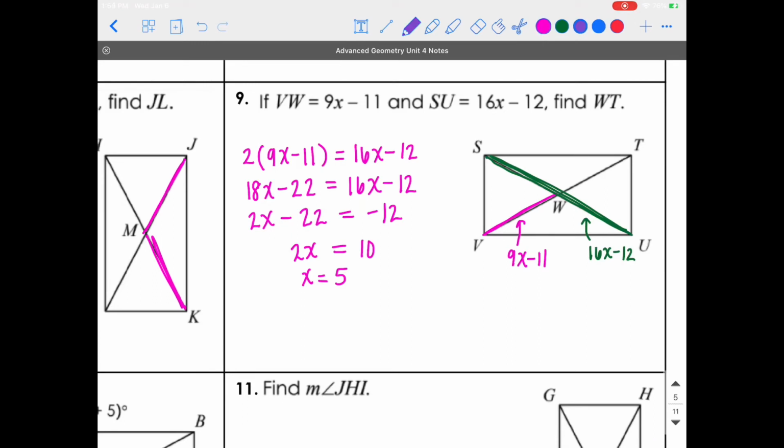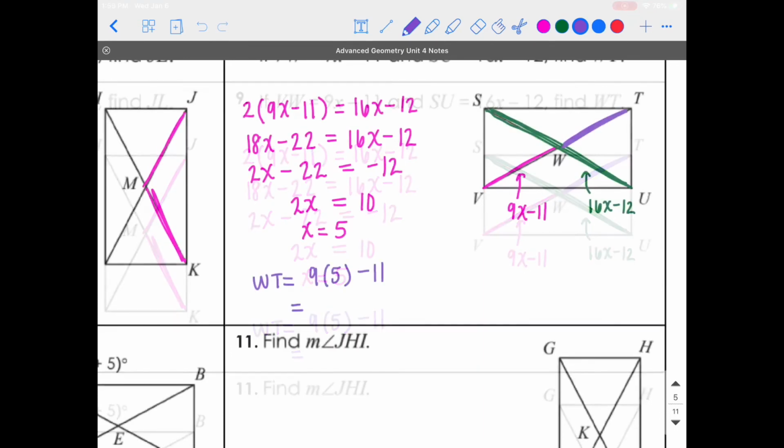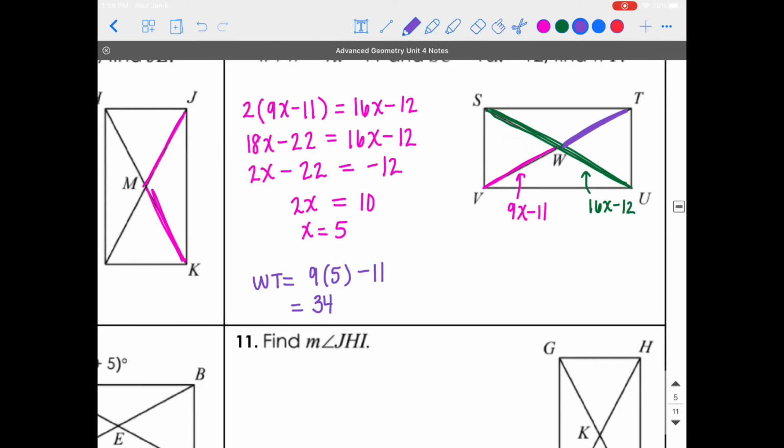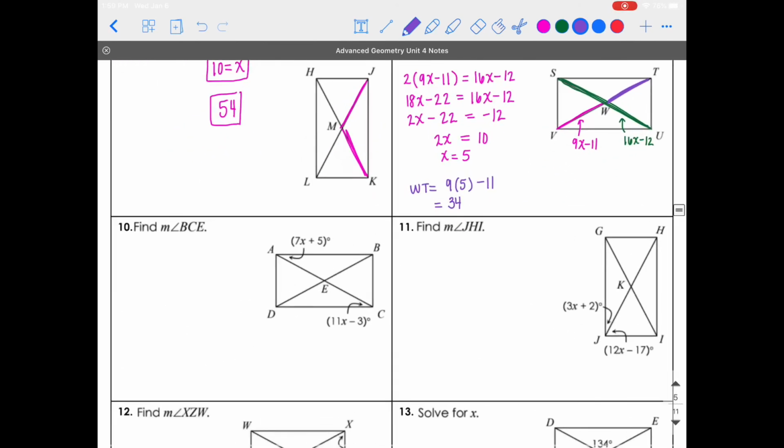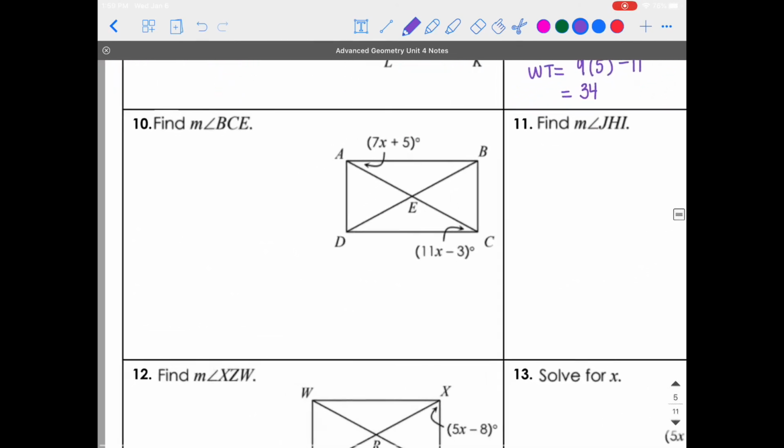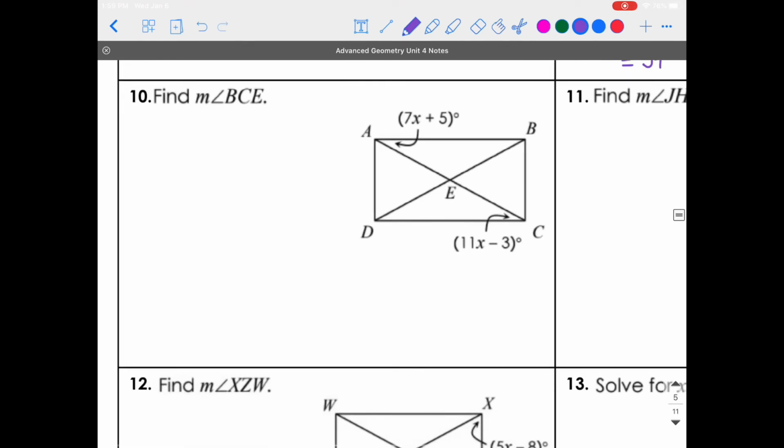Now it asks us for WT, and I know that WT is the same as VW. So WT, I can also do the 9x, or 9 times 5 minus 11. 34. All right, I know this is a long video. So, real quick, number 10,